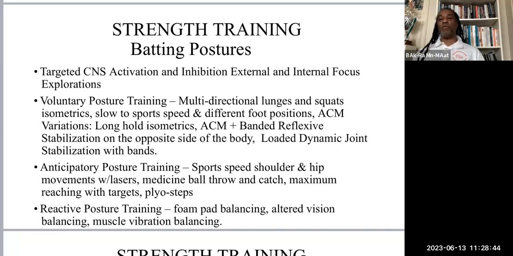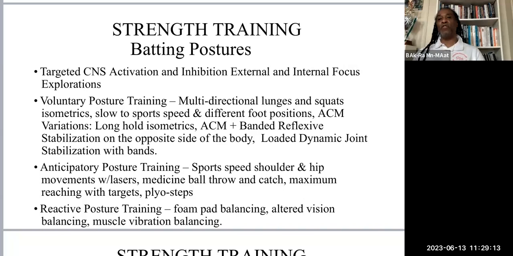So you're wearing that laser here, so it's pointing at something, and every time you move your shoulder and arm, you want to make sure that laser stays as still as possible on the target, right? So therefore, you're enhancing that ability when you move to stay in a stable position and